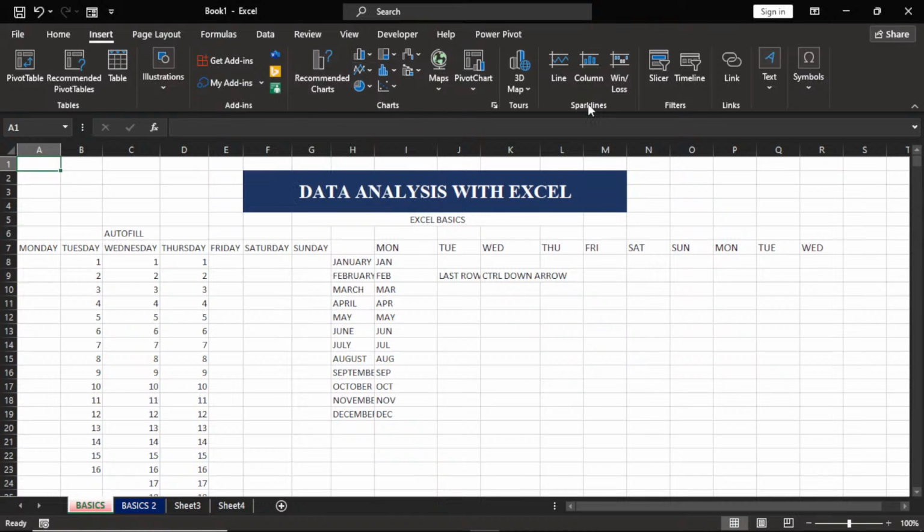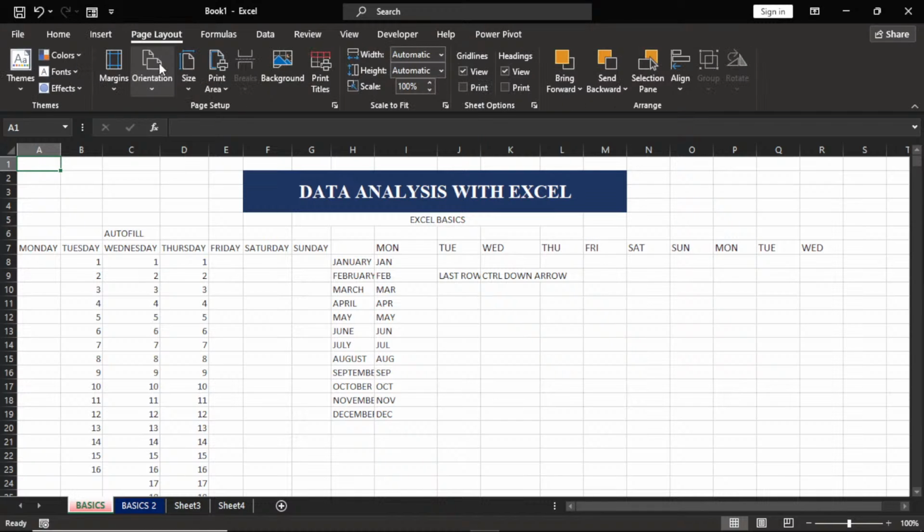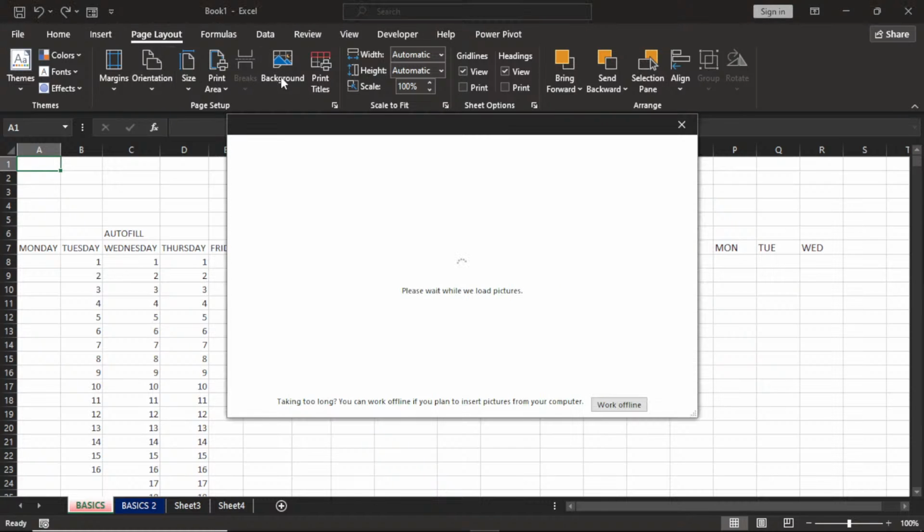And then we have sparklines, we have the filter. We are going to be getting to know how to use them. Then under Page Layout, you have your background setting here. If you want to add a picture to the background, you can use this, or